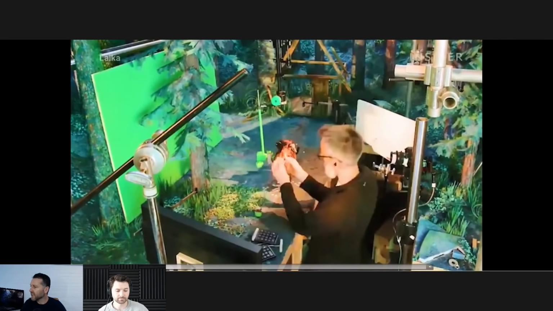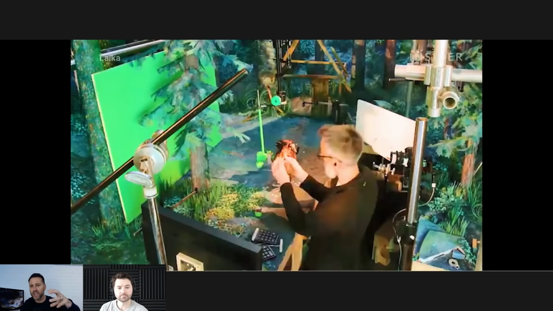But taking photos and then moving it to the next position, taking another photo and moving it. So instead of drawing it, they're just repositioning these models or these puppets to be able to get a performance. And the amount of hours that it takes to do a full feature film for this stuff is just incredible. I know for a fact that Missing Link had a team of over 400 people working